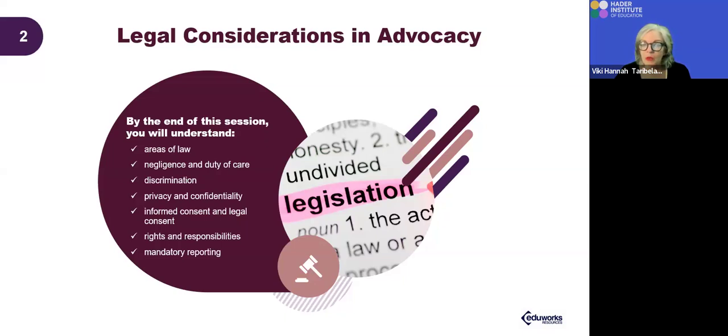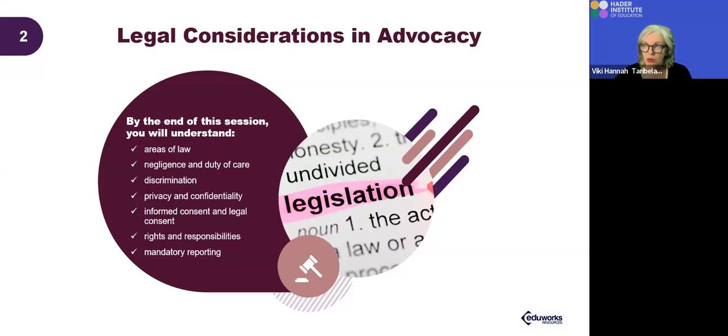So what we hear, what we say, and what we write and keep on record, and the privacy and confidentiality around that. If there's a matter before the courts, then the file notes can be subpoenaed, and so can you as a worker be subpoenaed to speak to anything that you may have made a statement around. So you need informed consent. You've got to explain as an advocate, this is what you will do, and this is also what you cannot do for them. That's important to say both.